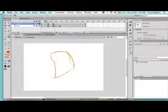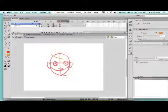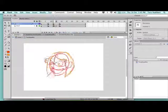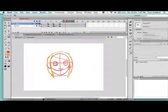Okay, so we've got the hair turning. Let's go all the way. So I think from the side. So probably the front hair, I think I'll just draw it all on the top. It's got to all go on the top because this part of the hair has to go over that ear. And then I might do glasses over top of that, so I could call this hair or top hair,